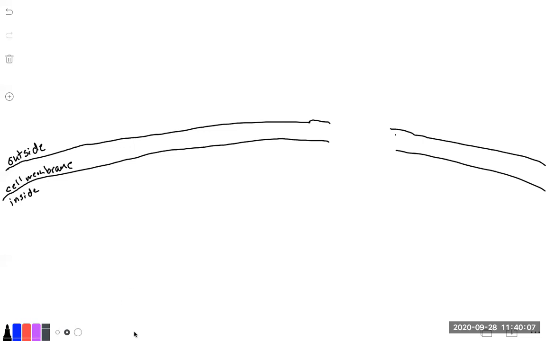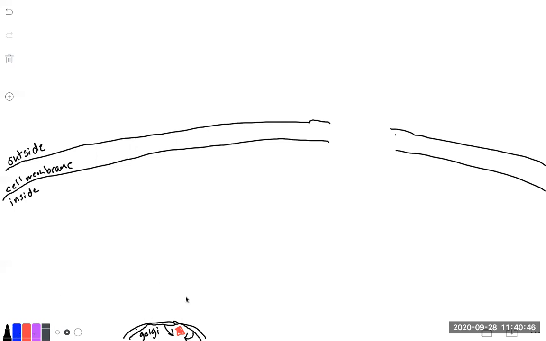So somewhere downstream here, we would have our Golgi, and the Golgi has taken something, maybe a protein, from the cytosol or from the endoplasmic reticulum, and the Golgi is basically saying it's time to get this substance out. So this will be our substance right here. We're trying to get that out of the cell. The Golgi is also a bilayer, like our plasma membrane, and the Golgi is basically going to create a vesicle and pinch off